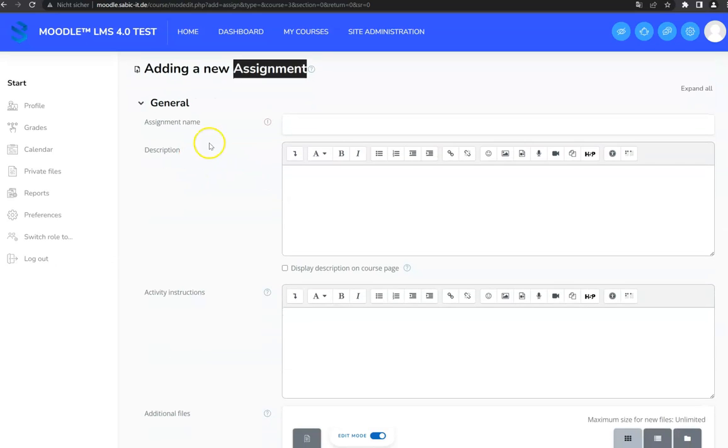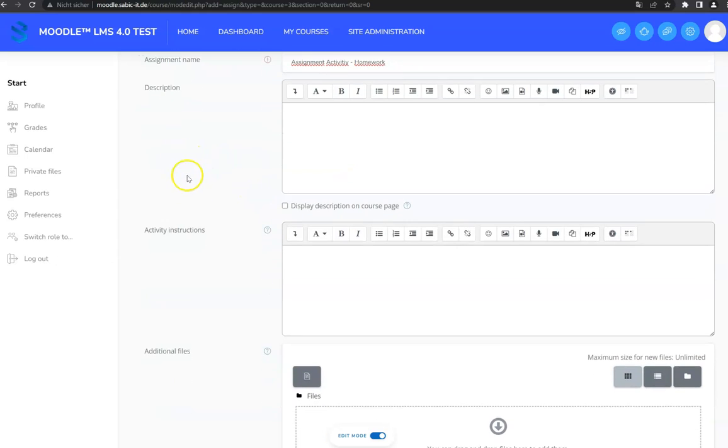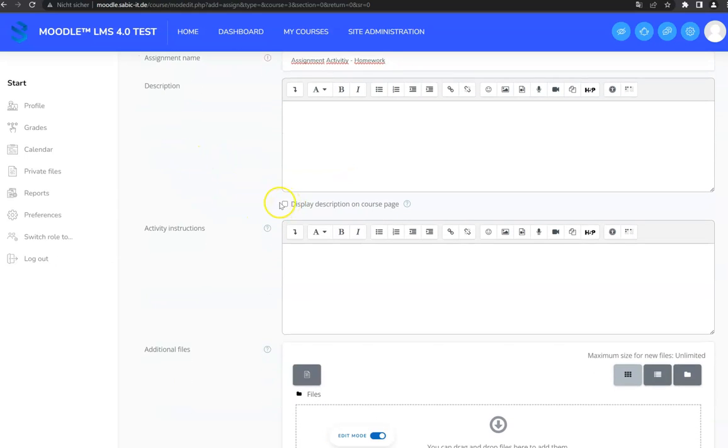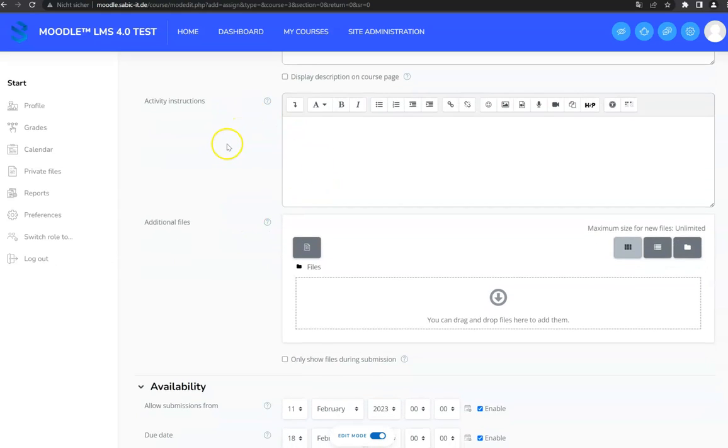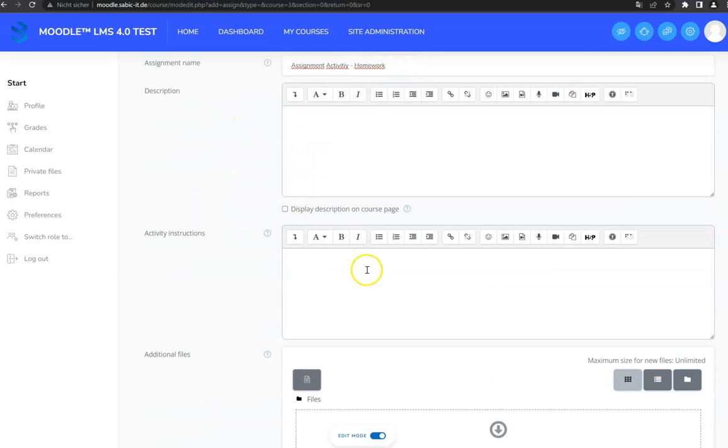Then we have the information that we need to add. Basically, the information that we need to fill in for the students to be able to submit their homework, in this case homework, but it can be a different assignment type. We can also add the activity description. You can configure that the description be shown on the home page, and it's a good practice to add the